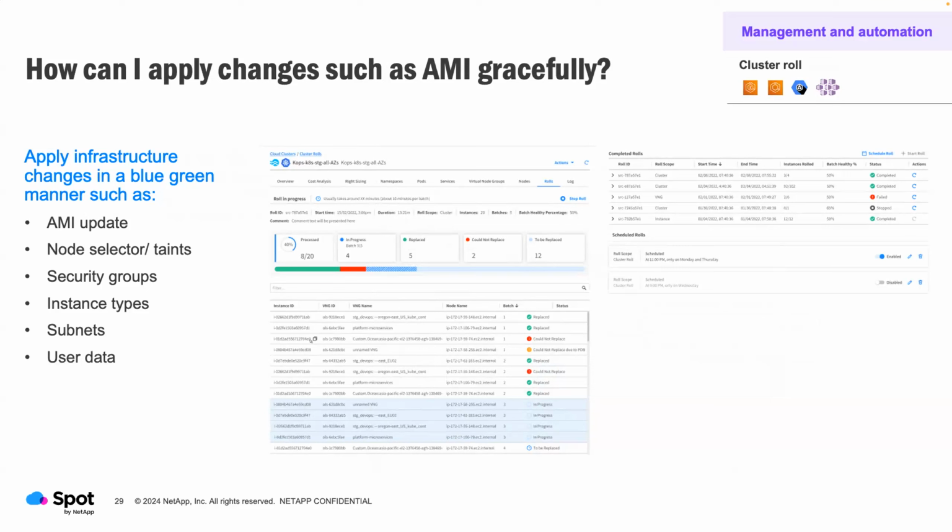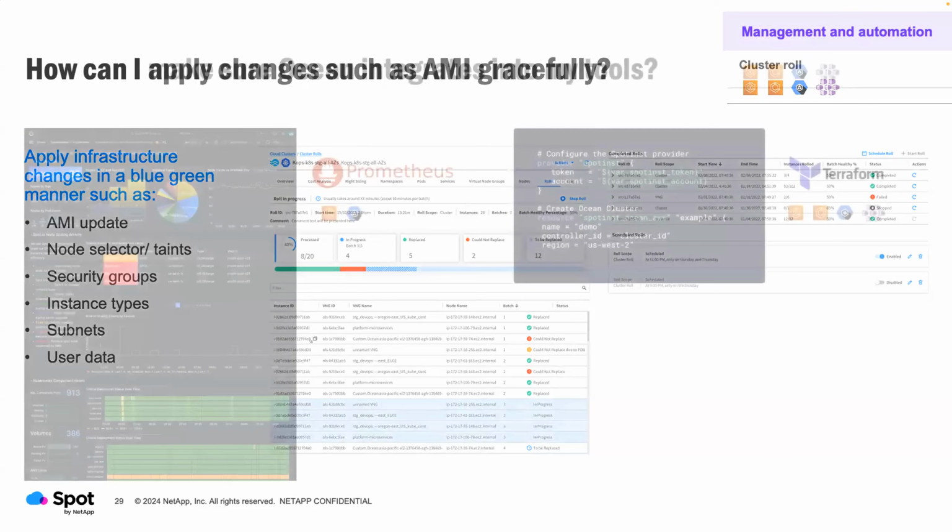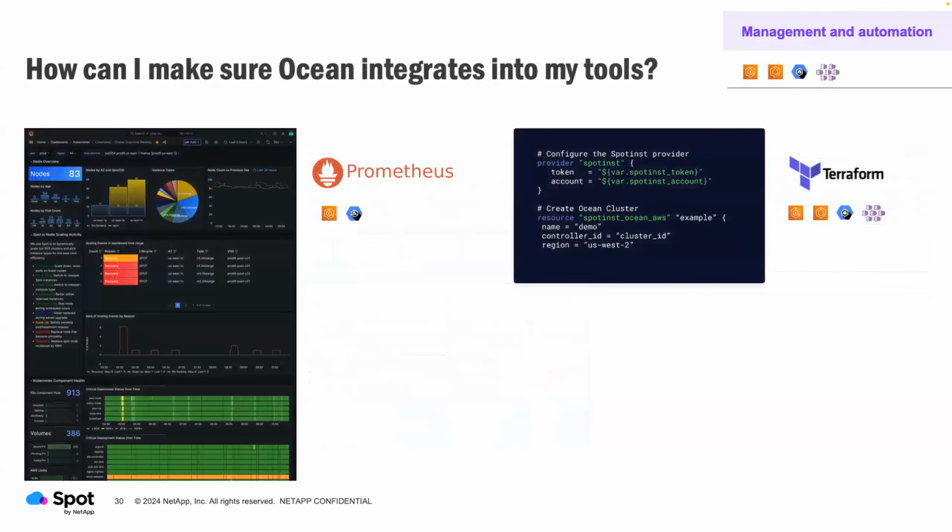With all this, we then also plug back into the different tool sets that people tend to use. So these are two examples that I most commonly come across. So Prometheus, being able to give you that visibility into your cluster, and then Terraform, of course, is probably the most common one that I see for Kubernetes deployments and being able to manage them all as code. We have our own provider there for Terraform. Everything's able to be managed by Terraform.